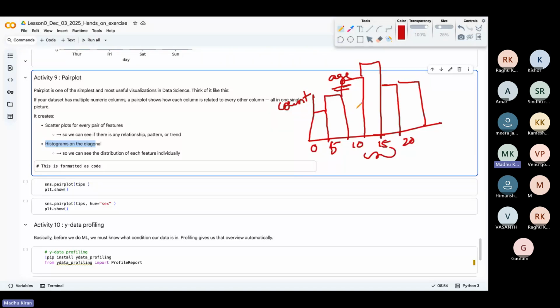So when you create a histogram for any numerical column, it would be something like this. And just with this, you can get the count. At this interval, there are more people in this particular group. And next, this is between 5 to 10, around 10 years, the count of the group is more compared to others, something like this.